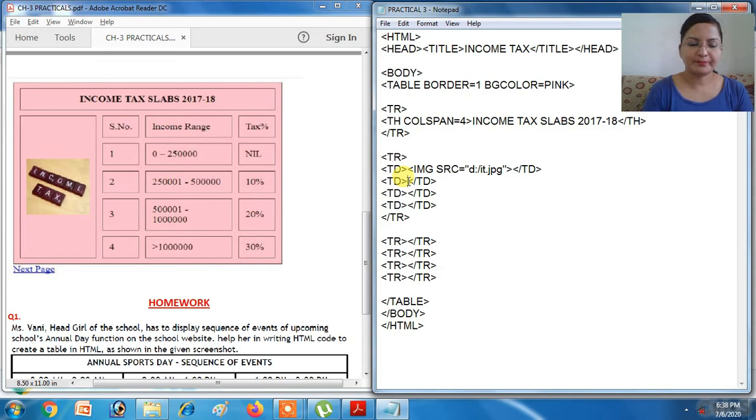Here serial number, it is in small letters. Income range, and tax percent.